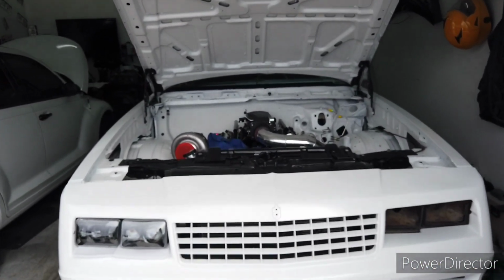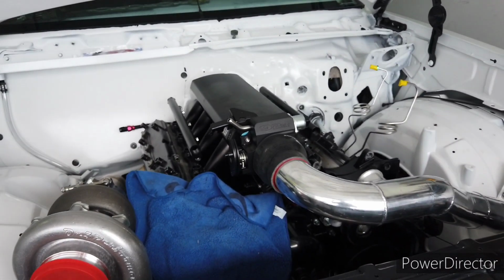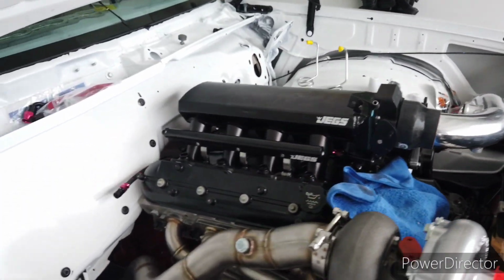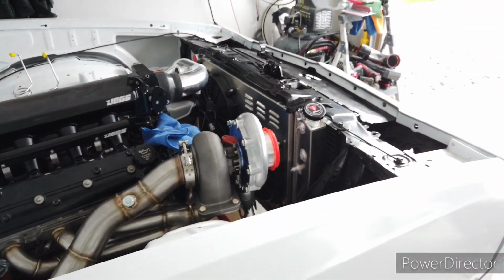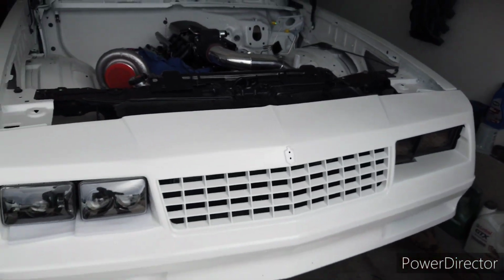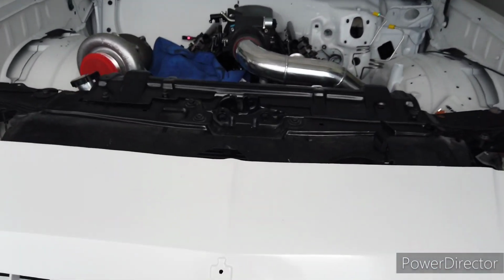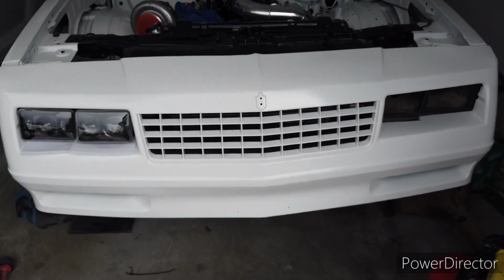It's coming together. But I know Grind School just threw up a video, so I'm gonna cut this off, cut the TV on, and see what he's doing over in his garage. But yeah, it's looking good. Let's see. Yeah, it's getting there. I also need to get my emblem. So yeah,